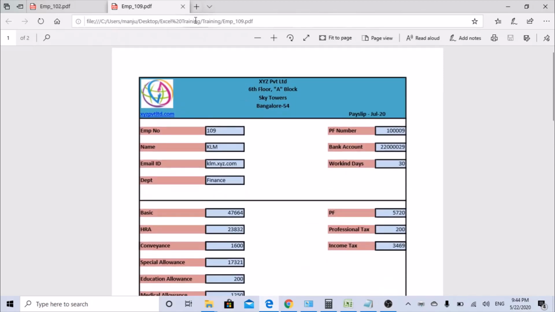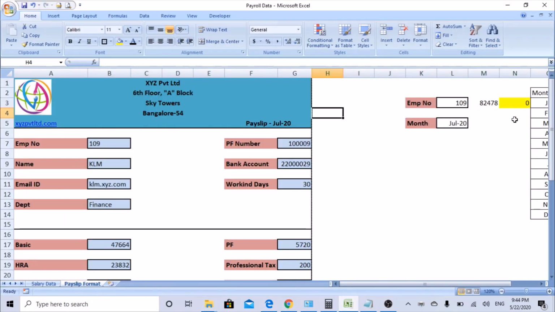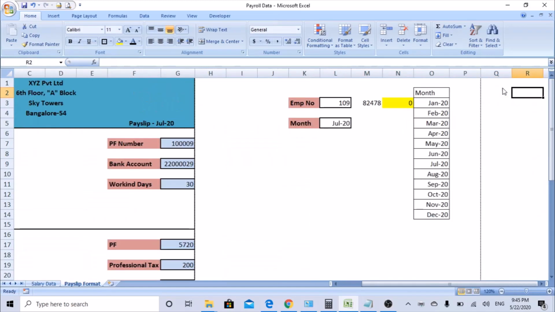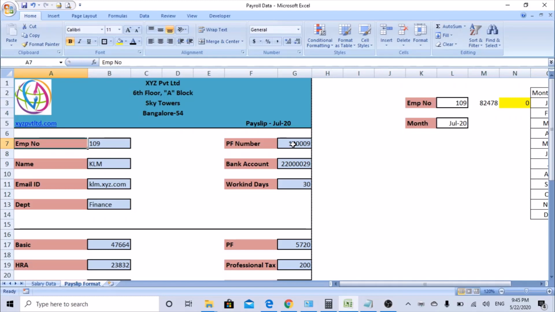So without macros, if you have some data, you can get this easily. You can hide these things, so this is not showing anywhere. You can hide all these things if you want. So very simple, guys. No need of a macro to run this, though maybe if you need to create it 10 times, with a macro it automatically generates this file as PDF and saves it on the desktop. That also can be done. But if you want to do it manually, I feel this is the much better and easier way. So the values are picked correctly, and this is a checkpoint to check.